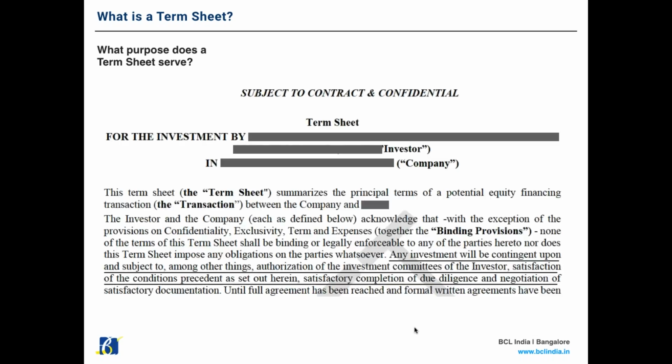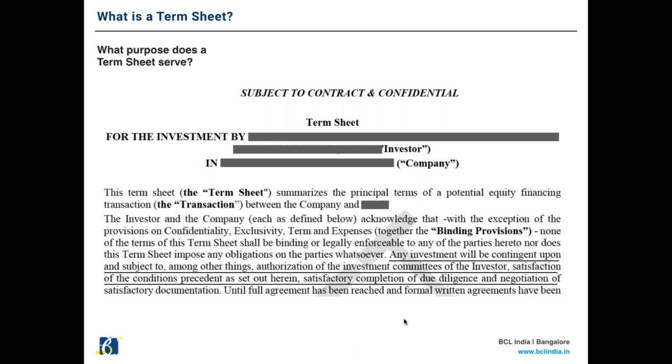Now, what I've done in the presentation is I have taken real life examples. These are real term sheets, of course, with all the names and important terms grayed out. But this will give you an idea of what real life term sheets will look like. Most of you here would be either raising your first or the second round of funds. Some of you might have already raised funds. You might be familiar with the whole process. Some of you may have seen term sheets. Some of them would be seeing your first term sheet very soon. So these examples will be of help to you.